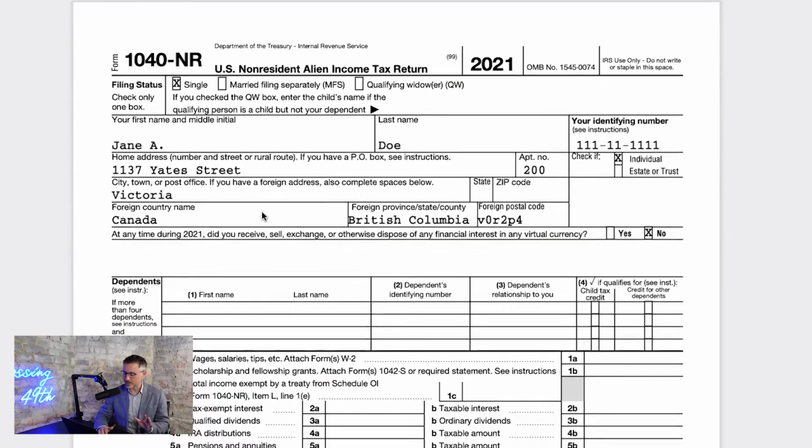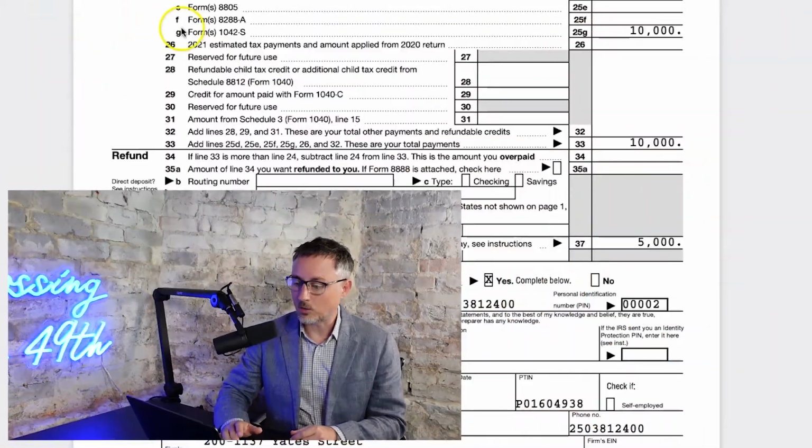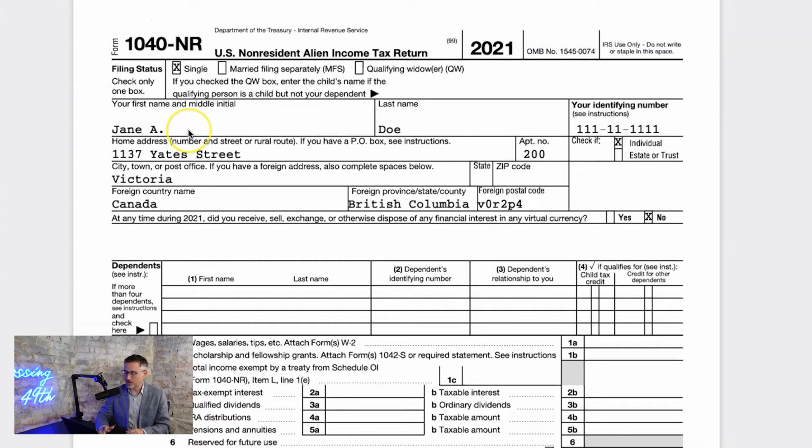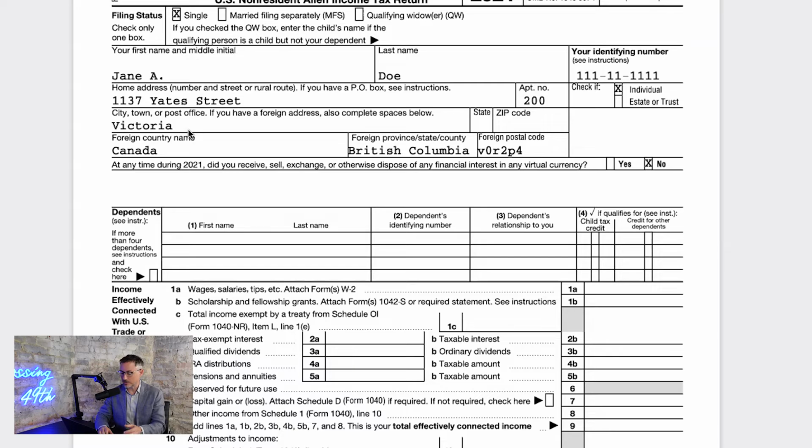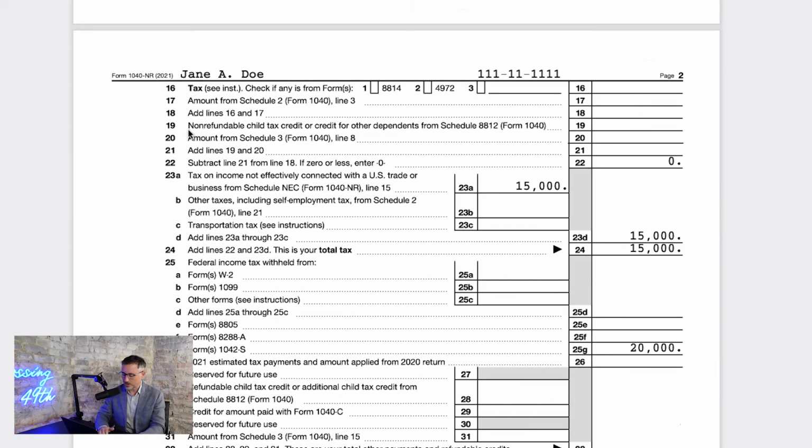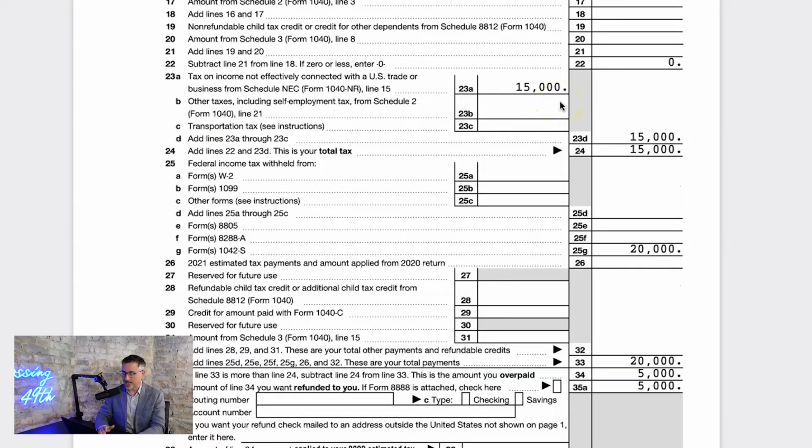Okay, so here's that. So this is the example of a $100,000 pension payment. They under withheld. Now you have to pay an extra $5,000 of tax to the IRS to make up for that 15%. Now, what happens in cases where they over withhold? So here's the same situation, same taxpayer. Your tax is still the same amount. You still owe $15,000 to the US. However, the holder of the plan withheld 20%. So they withheld $5,000 more than they should have. So you don't want to pay that extra $5,000 to the IRS, of course. So you have a refund now of $5,000.